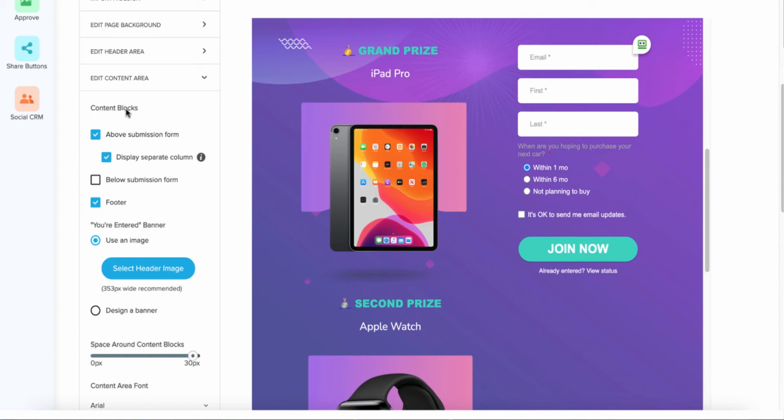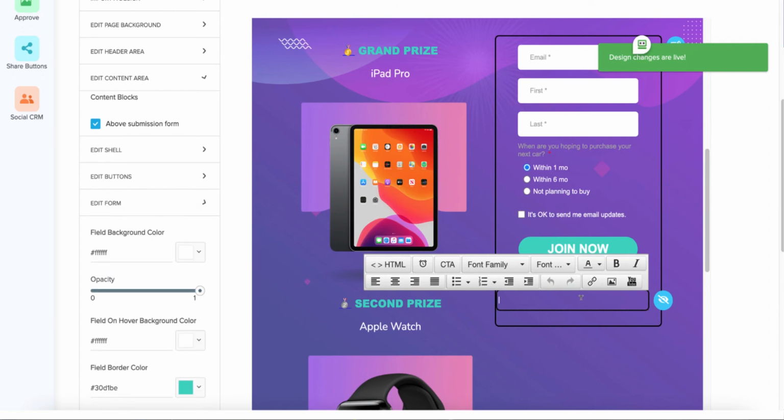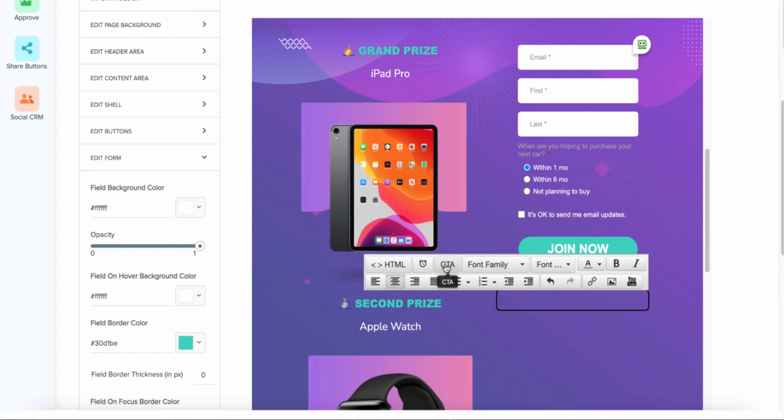So these are the content blocks. We've already gone through all of these, except for a couple that I want to show you now. Below submission form, when you check that box, it's going to add another box. So see this little area here? So now I can click on that, and I've got my HTML editor, so I can do things like add